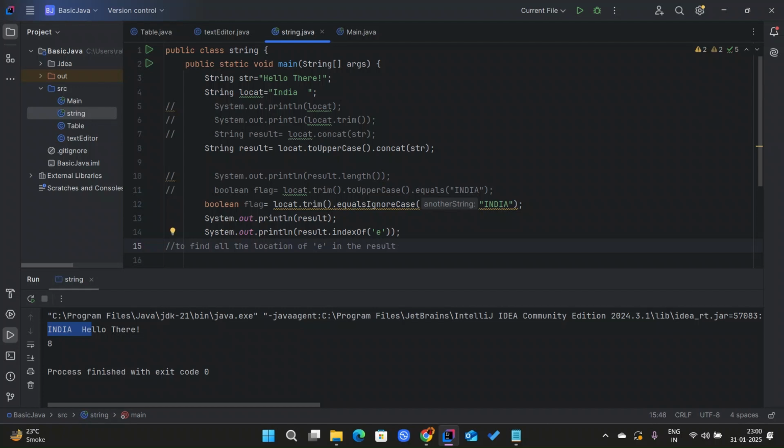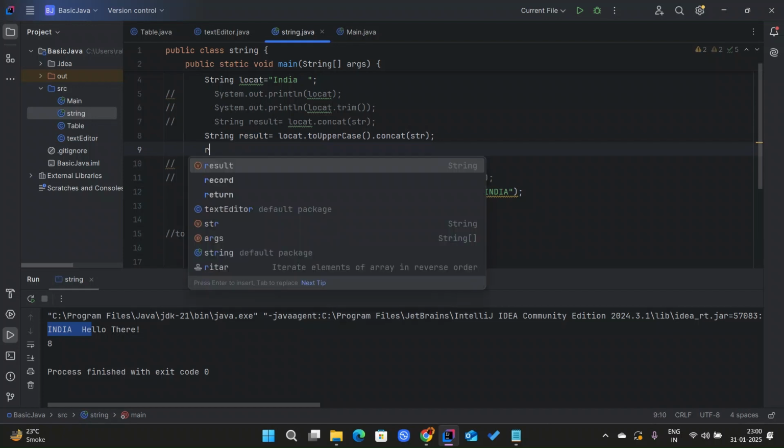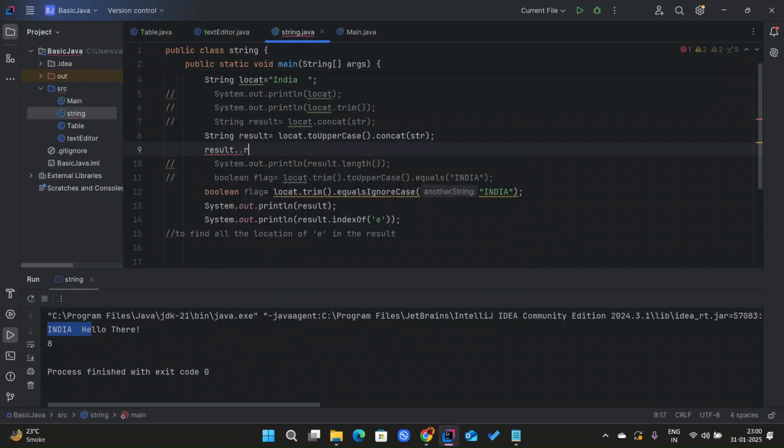There is a scenario where I want to change all E to A. Is it possible? Of course. Let us try how to do it. Here we already have the string. Let us try to modify it. Result. We have to change it. So in the result we will do